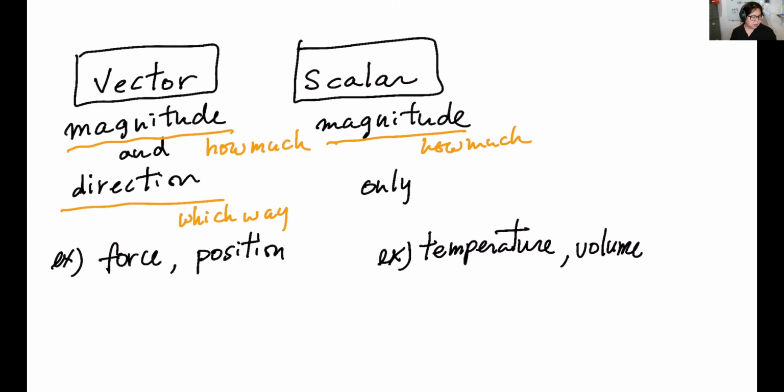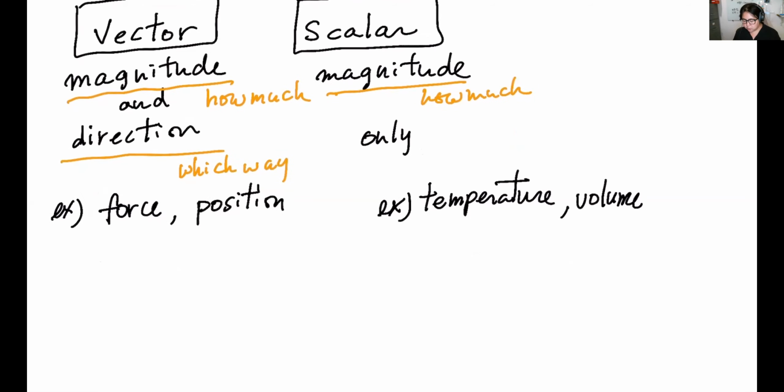So the length is a scalar quantity, position is a vector quantity, force is a vector quantity, temperature is a scalar quantity. So from now on, when we introduce a new physical quantity, we have to be clear whether it is a vector quantity or a scalar quantity. And for a vector quantity, like force,